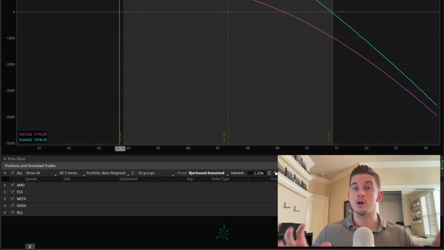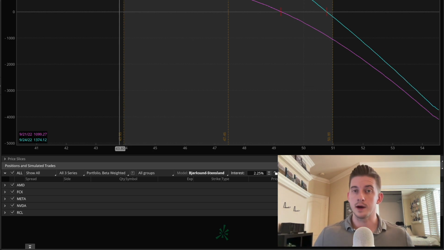And then finally, you can also use the Analyze tab here to see how possibly adding this new option trade to your entire portfolio is going to impact your portfolio as well, right? Is it going to make things more bullish for you, more bearish, more neutral, etc.? So bottom line here, guys, is that the Analyze tab here in ThinkOrSwim gives you pretty much every possible piece of critical information that you might want to consider before making a new trade, right? And therefore, it allows you to make the most informed decisions as to whether you want to actually make that trade or not, or at the very least, make adjustments to it before you go ahead and send in that